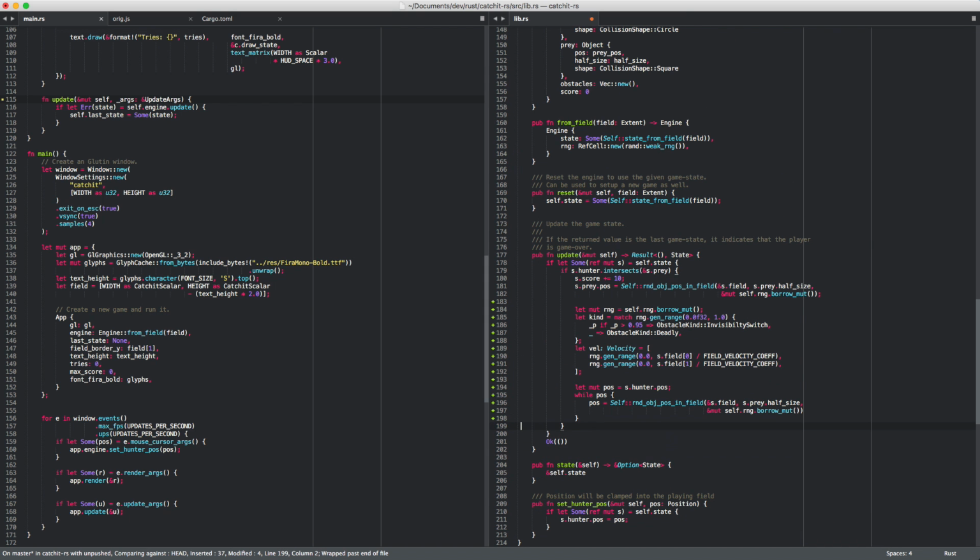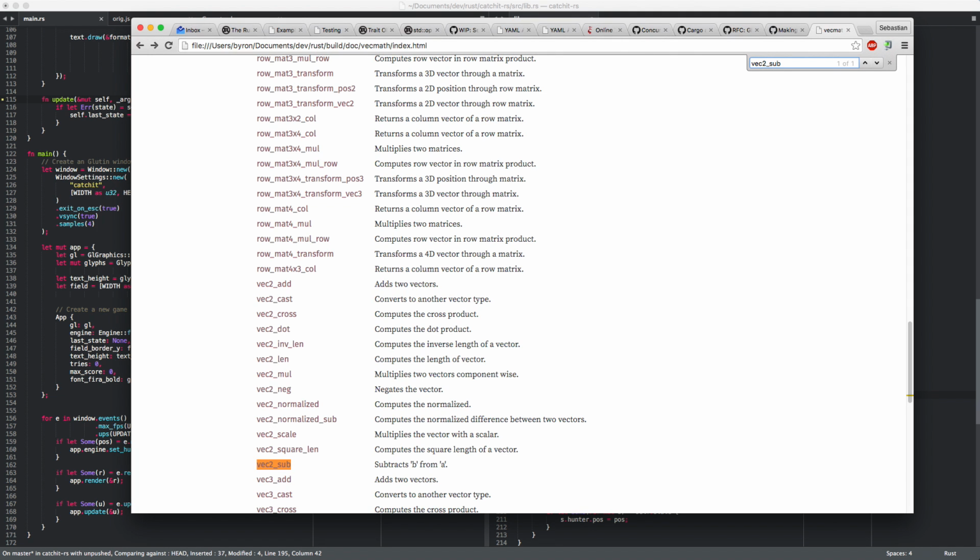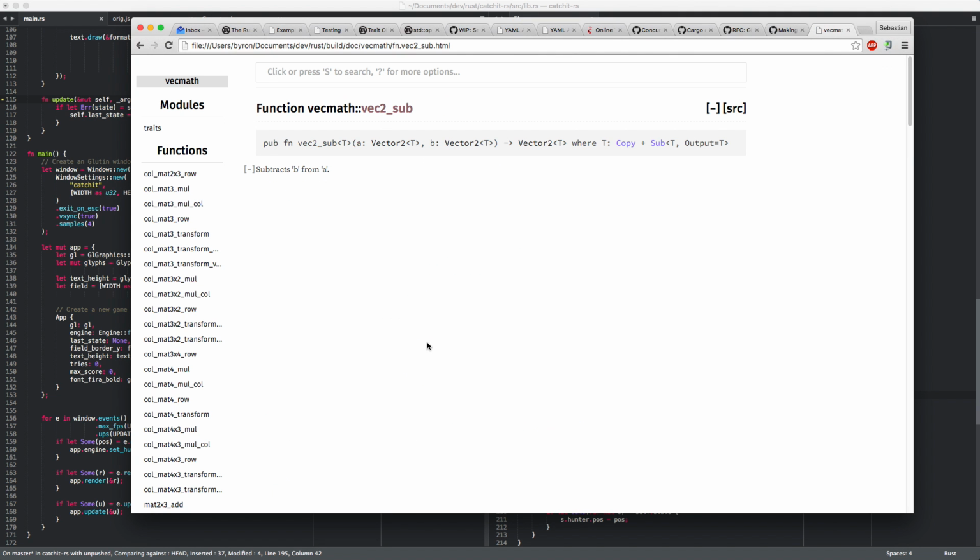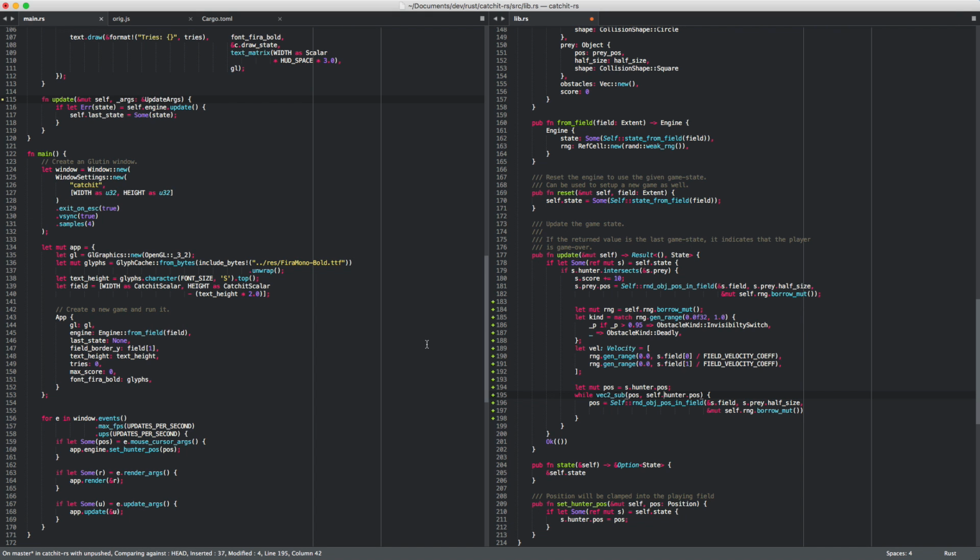So now we can make the computation. If vec to sub, that minus self hunter pose, does it copy that stuff? It does. Okay, fine. So it all relies on compiler optimization there. Otherwise, that would be, I don't know, possibly too slow. But it's a good thing, and it's inline. So I think it really relies on compiler optimization. Totally. And that is something that you should do, because you can't write code that is equivalently fast on all platforms. Anyway, so if that vec to lang,